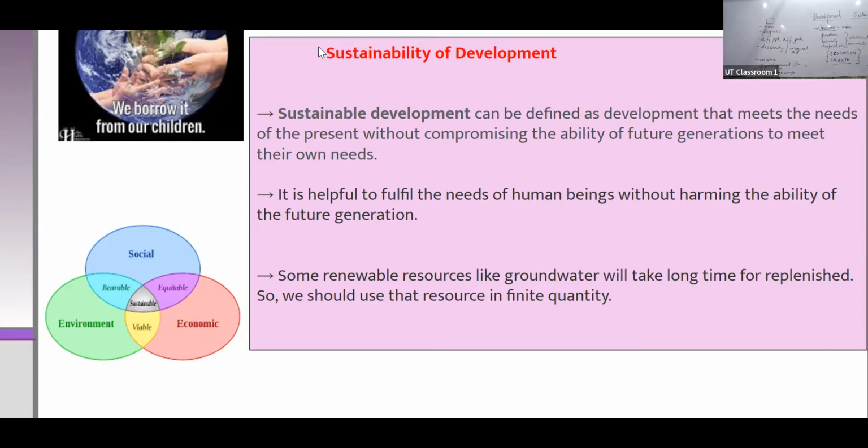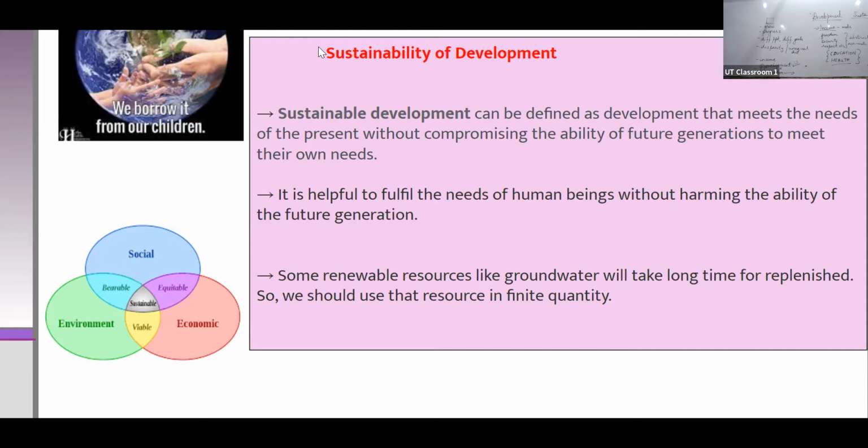If I take it and I don't give it back, that's taking. Borrowing means you're lending it to me, and I have to give it back to you. So where the earth is concerned, we are borrowing it from our future generations. We cannot finish it. We are not taking it from them. We are borrowing it. So what would I have done? I would have taken his pencil, used it, and given it back to him.